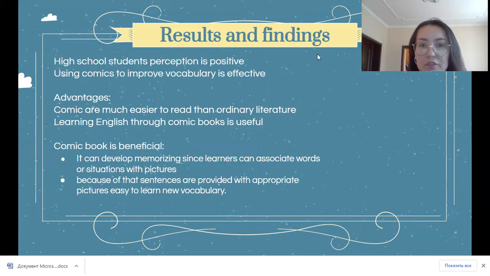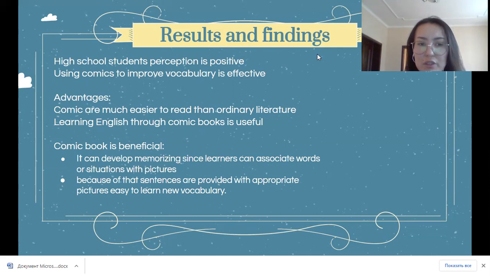The results and findings show that high school students' perceptions are mostly positive, and using comics to improve vocabulary is effective. There are advantages. Comics are much easier to read than ordinary literature, and learning English through comic books is useful.